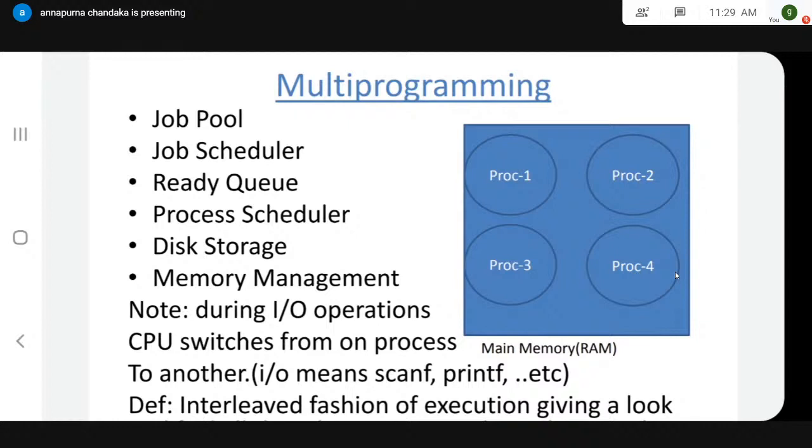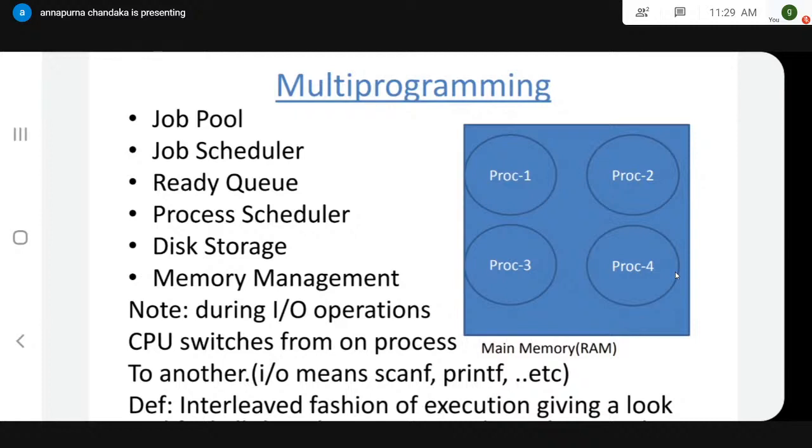Let us take an example. I have placed 4 processes in memory. While executing the first program, I get one statement, printf, enter the number. The user has not yet entered that number. During this time, I can simply switch to process 2. While executing this program, in case it also needs communication with an IO device, again the CPU does not sit idle, it simply switches to process 3. Now, while executing process 3, suppose the number is entered by the user, the CPU again switches from process 3 to process 1. Why? Because the old stopped process always gets first priority.